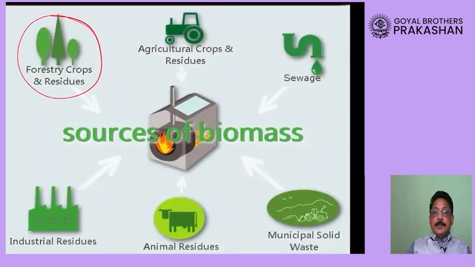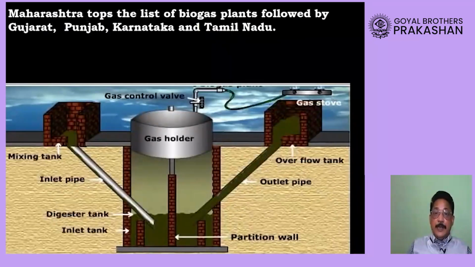Okay, what are the sources of this bioenergy, dear students? Yes, you guessed it correct. Some time back I already told you: animal waste, human waste, farm waste, as well as leftover foodstuff. These are all ultimately decomposed and we are able to produce energy from them. We call it by the name bioenergy.